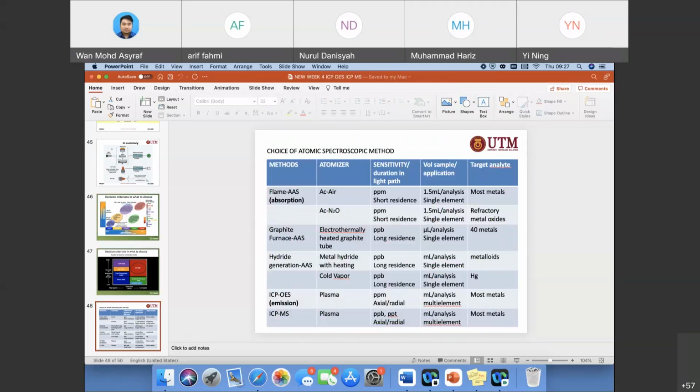So as I mentioned before, it is good if you have this kind of table comparing all of the absorption or emission spectroscopy techniques. You need to know about the differences between them. You need to know about the advantages, also the disadvantages among them. All right. And then,